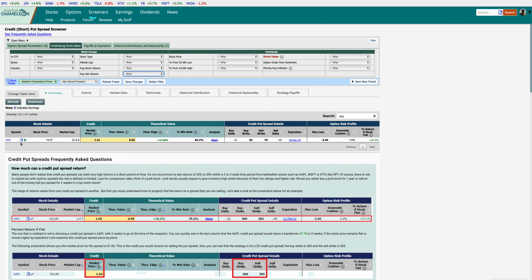So SPG, it was a stock that I came across. I have my own preset, so in my own standard put spread, it uploads all my preferences anyway, so I don't have to do it each time. Going through market price, theoretical value, I like the look of the trade, but when I looked at the chart,